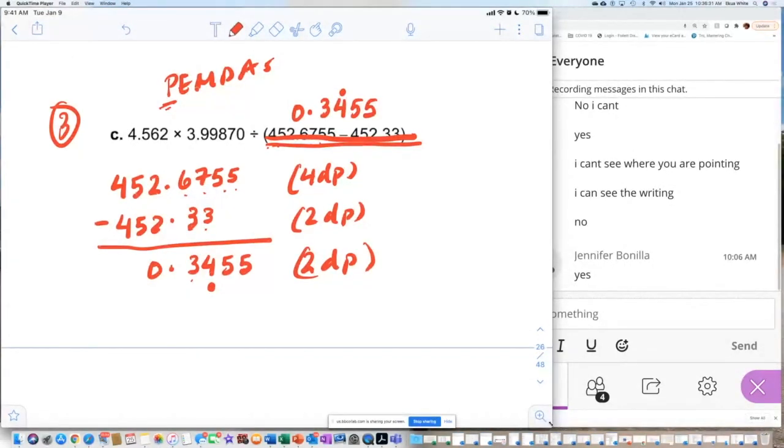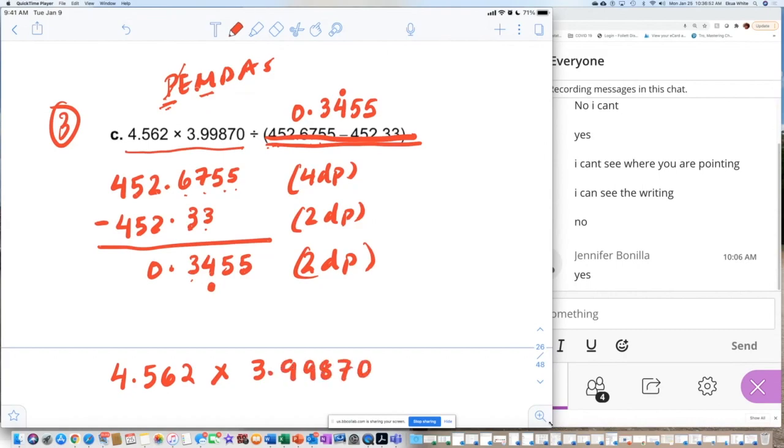Remembering this is where I have to round off to. I've done the parentheses. What comes next? Multiplication. I have to do this part here next. Okay? Multiplication, I have 4.562 times 3.998